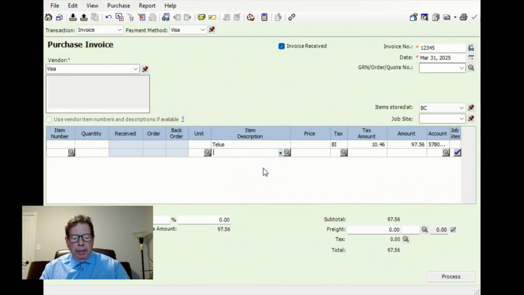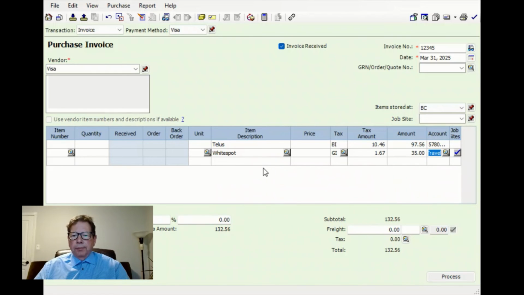So say that we have another one, a White Spot restaurant, and that would be GST in. So let's put that in as $35, and it worked out the tax on that as well. I'll leave that as travel, and so on. You can see that even though the tax does not show down here, it figured it out, and it will be adding it to